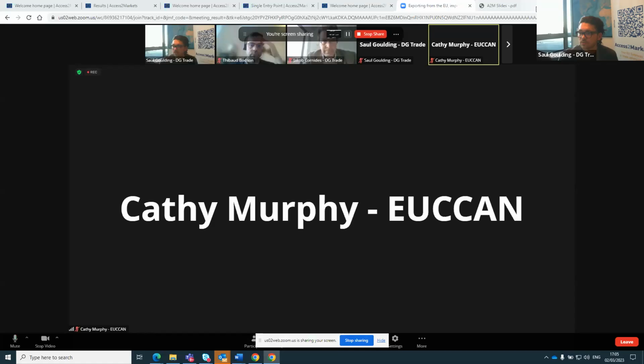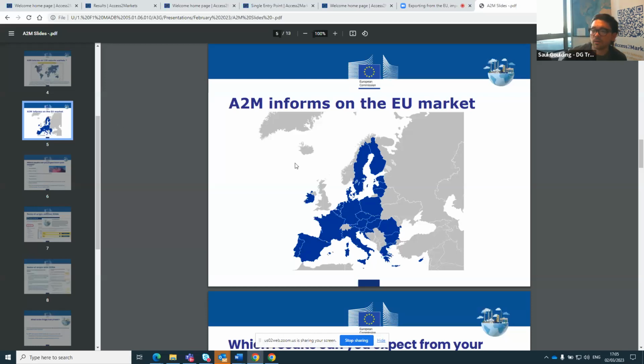So I will just quickly show you directly here a few slides on what you will be able to find should you use the portal. So what does it inform you on? It gives you an overview of our EU market. As you know, there are a number of member states, and you'll see how to individually choose the member state you are concerned with. And you will even see the information down to the VAT rate on the imported products that will be applicable.